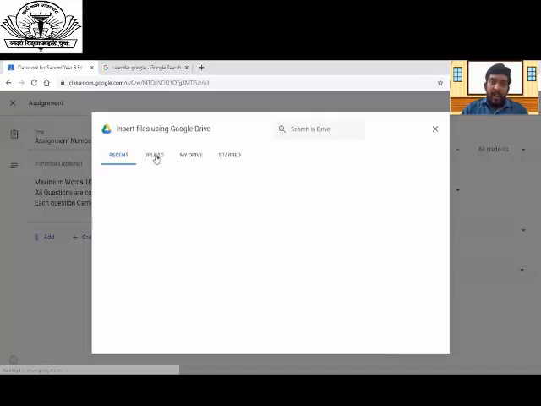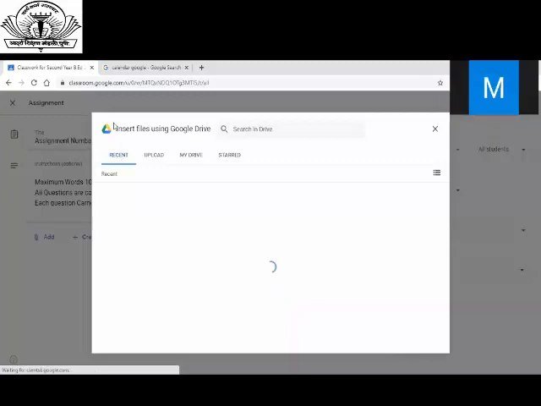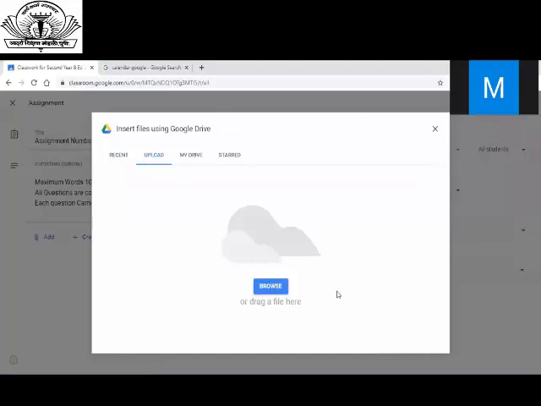It will first let you present documents from your Google Drive. I want to upload it from my computer. I will click on Upload, then Browse. You can directly drag a file over here also.